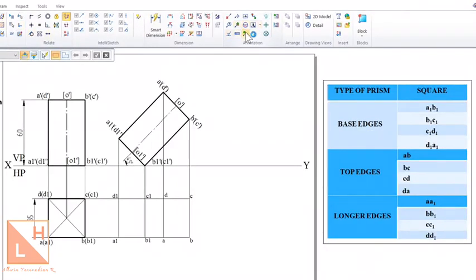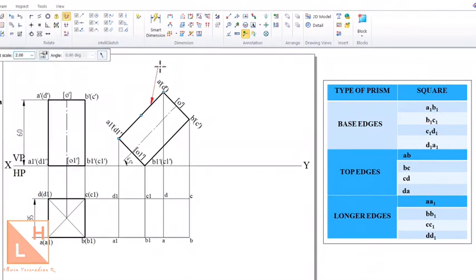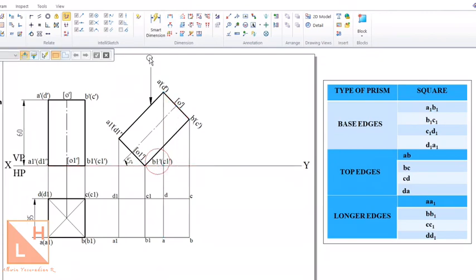Now to identify the hidden edges in the second position top view, just look at this particular front view from top to bottom direction. When we look from the top to bottom direction, identify the farthest point which you will find in the front view of that particular drawing. Looking from top to bottom direction, this is the front view of the solid. The farthest point looking from top to bottom is going to be the point B1 dash and C1 dash. So this is the farthest point you will find in the top to bottom direction. Why do we need to identify this point? Because using this point we'll be able to identify the hidden edges.